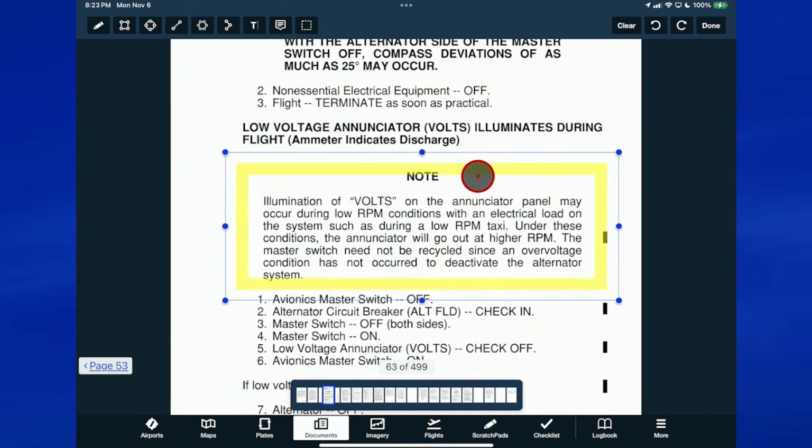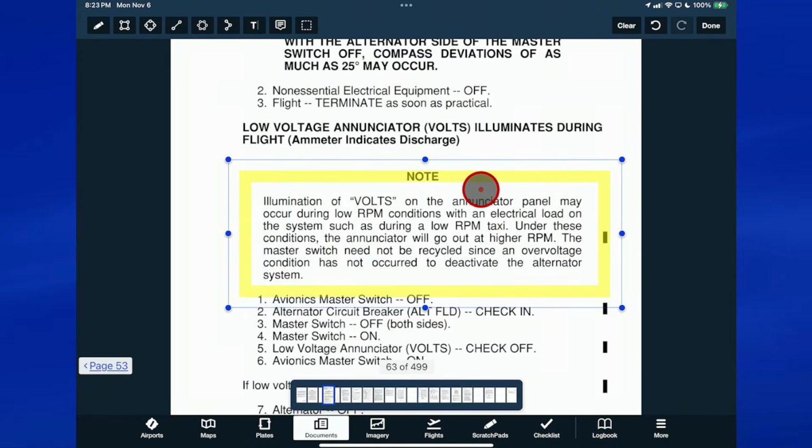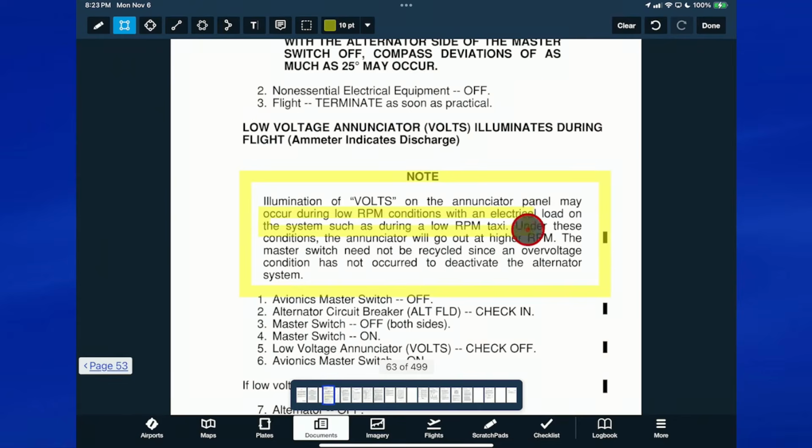Let's say I just want to center it because I like things centered. I can do that with it selected like that, and then click out of it. Another way to highlight, you can also use that to just highlight one or two lines, but it kind of makes a straight line. It makes a box.